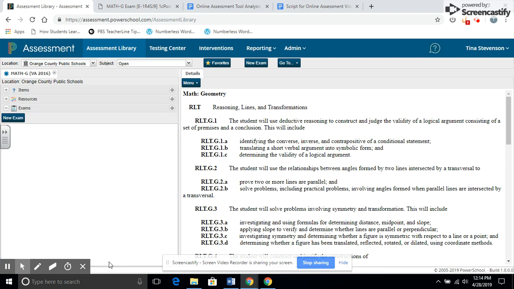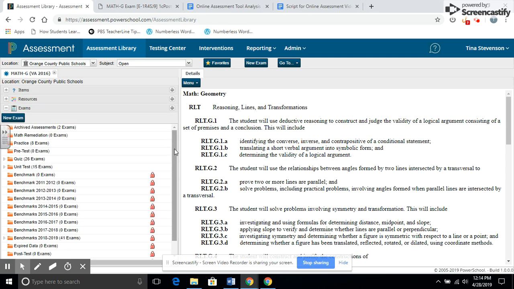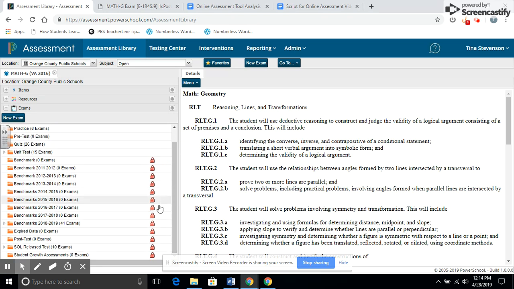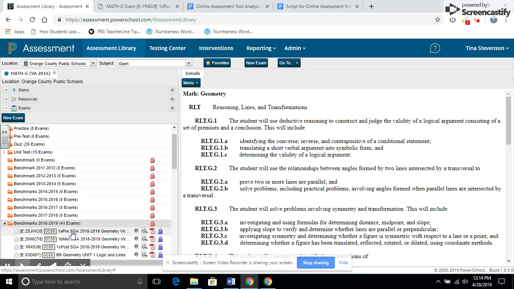Exams are in the bottom. When you click on that, it opens up the list of exams. You will see practice items, pre-tests, quizzes, benchmarks, and other items. We're going to go under benchmarks. We will be setting up a post-exam, post-test for the geometry. You would find the necessary test,